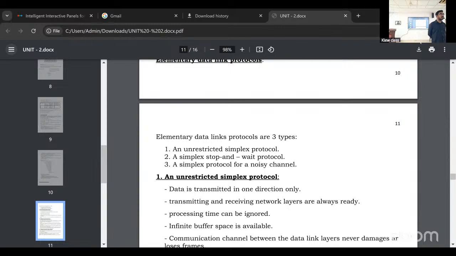What is the channel allocation problem? Channel allocation is of two types: static allocation and dynamic allocation.